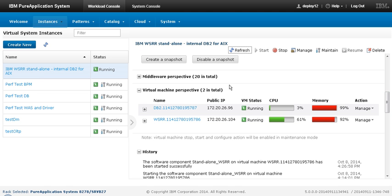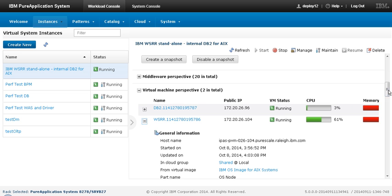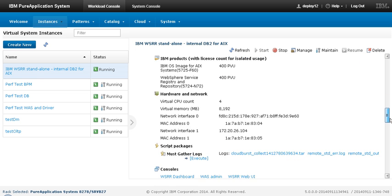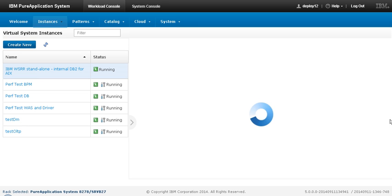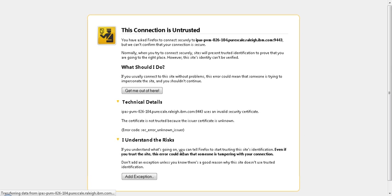If you expand the virtual machine perspective twister, you can see the machines involved in the pattern. In this case, a DB2 machine and WSRR machine. Expanding those allows us to see their information as well, where we can see the individual statuses of the middleware, and also at the bottom of that section, any console links. Every now and again, the UI updates in order to make sure it has the latest information. Sadly, you can't control when that takes place. Here we can see the WSRR dashboard and WSRR web UI links. Dashboard being the most recent